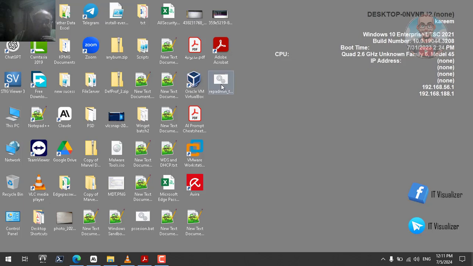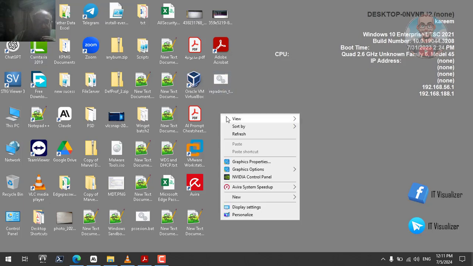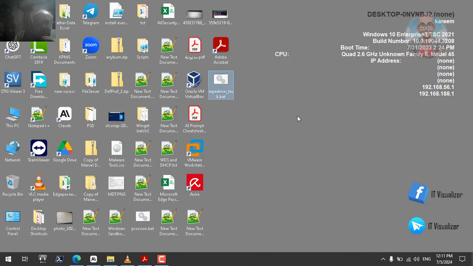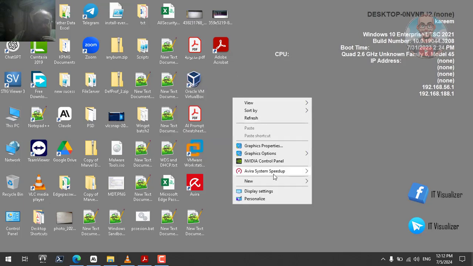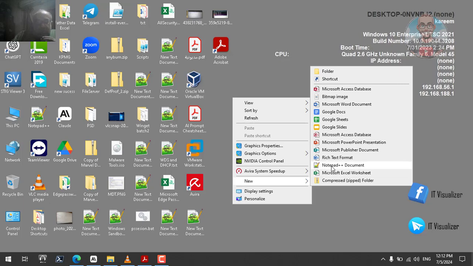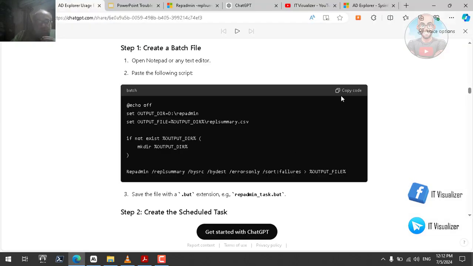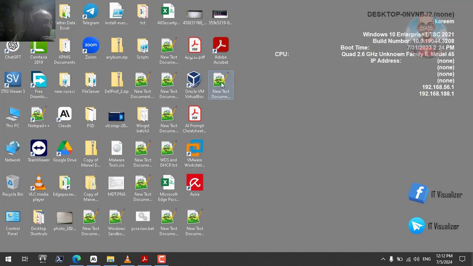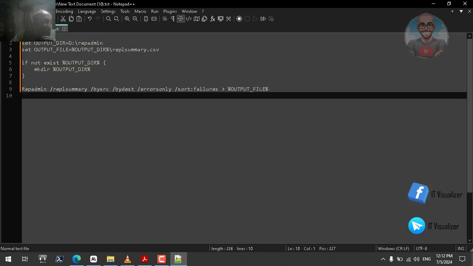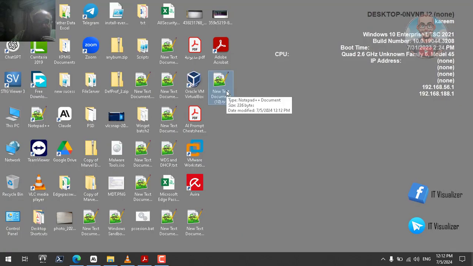What we have done is create a text file. This is the final result, but let me do it one by one. Here is a text file. We will create it like that. Okay, this is the text file, and then we will copy the code and put it like that. Then Control V, and then save it,